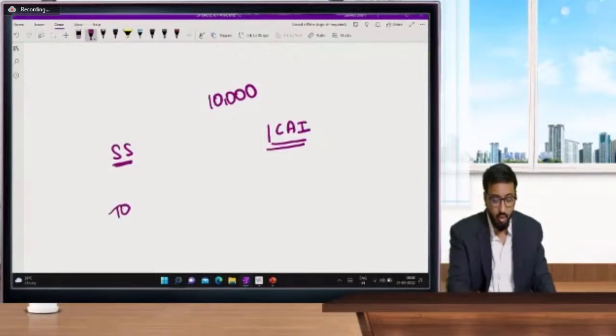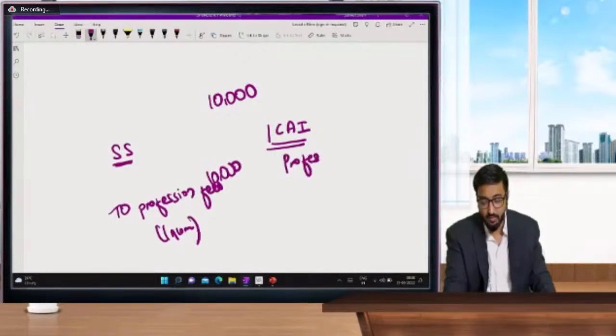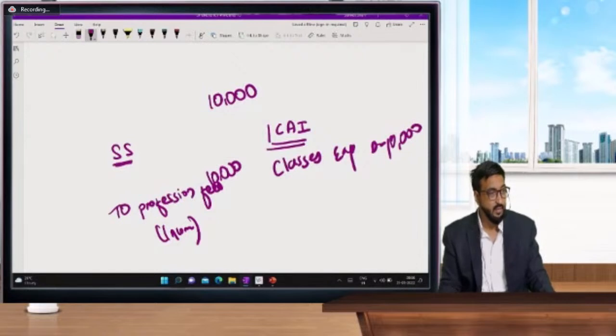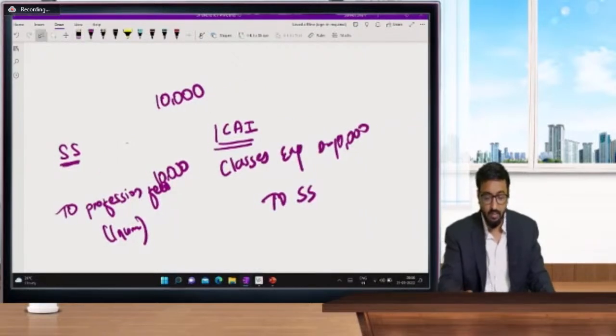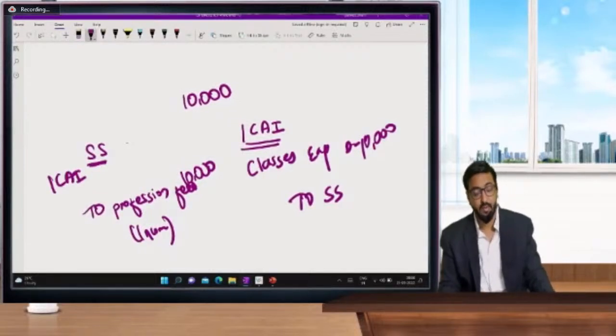So I will record it to professional fees 10,000 as income, and ICI will record this as classes expenses 10,000. Suppose ये पैसा मुझे ICI से मिलता है. And I will debit ICI. But